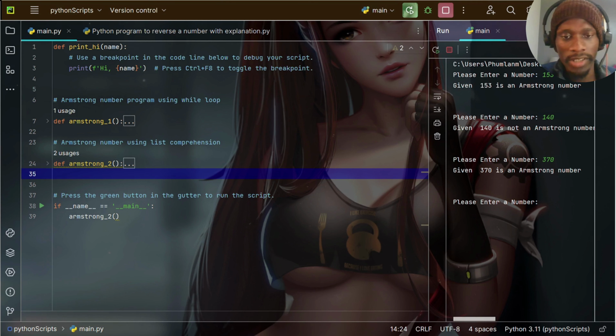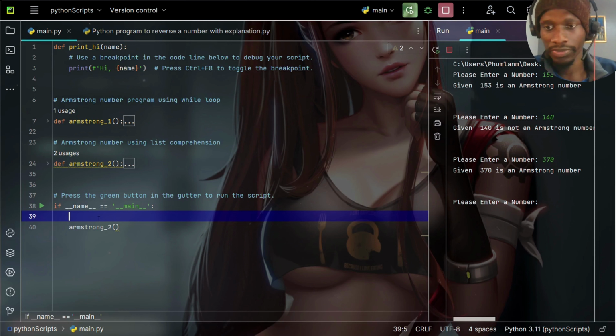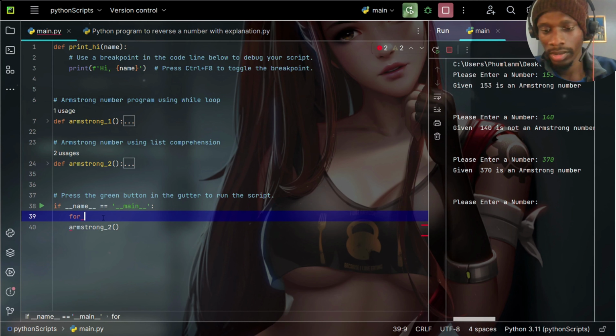Okay, so to use the range, I'm gonna do it inside here. We're gonna create a new function. We're just going to use basically our own function, and then let's do a range